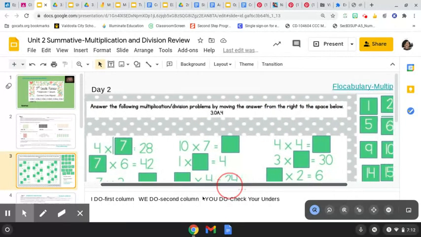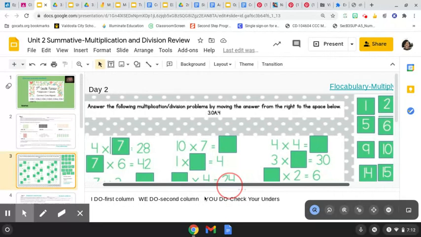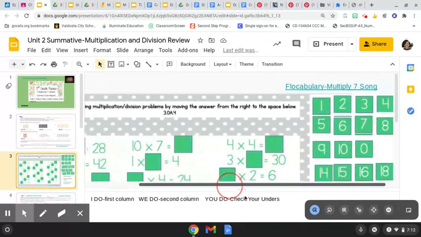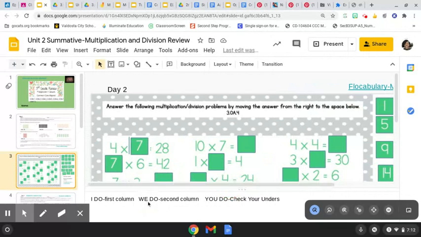In 3084, answering the missing factors. Okay, knowing what you know about multiplication to put in the missing factors. So I did the first 2. 4 times what equals 28? So I dragged over a 7. Blank times 6 equals 42. I dragged over a 7. Okay, so what I want you to do,